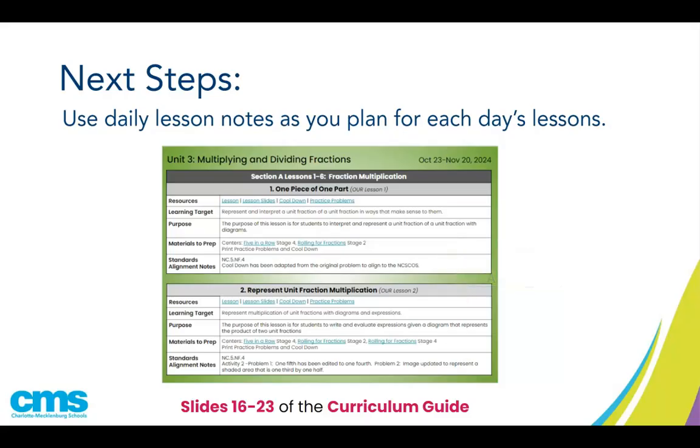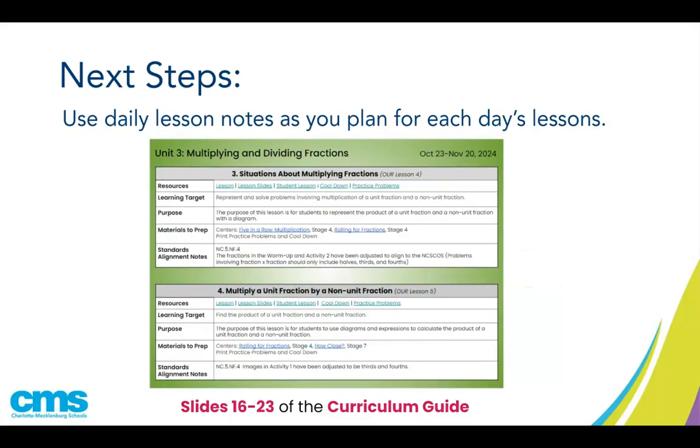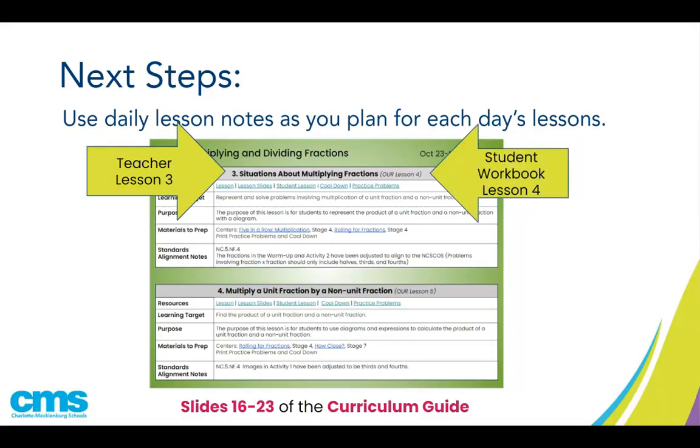Let's look at this a little bit more closely. Okay, so this is for lessons 3 and 4. Notice there are notes about standard alignment. It tells us the warm-up and activity 2 have been adjusted to align to the North Carolina Standard Course of Study. If you look at this lesson number, you'll see that it is CMS, the teacher lesson 3. The slides are 3, the cool down's 3, everything is labeled number 3,